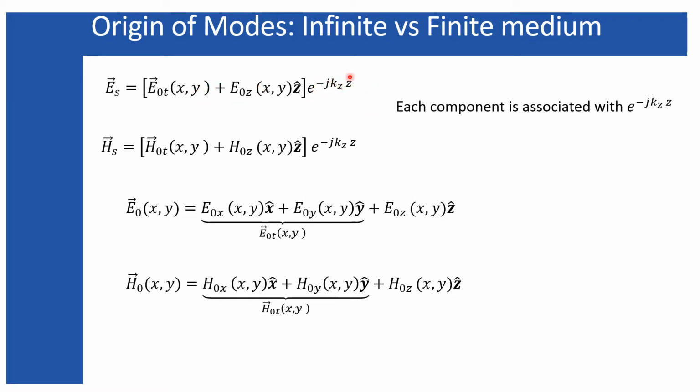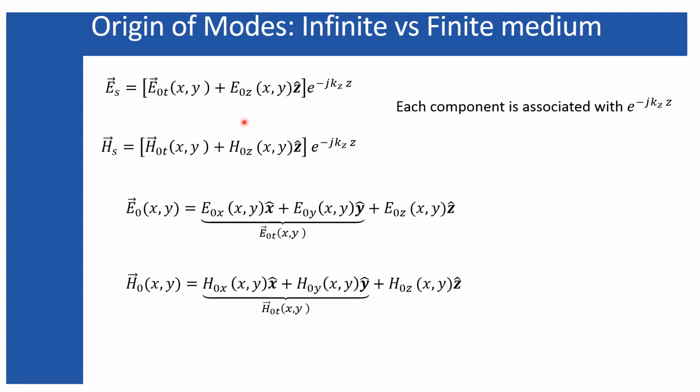But the z direction I have assumed for the propagation, therefore the z dependence you can take out by writing this expression, that means e to the power minus j kz z. Since I am assuming that the propagation is taking place along z, the kz is appearing in the e to the power factor. And in the polarization part, that is the magnitude of the electric field, I have assumed the transverse component is given by a separate vector, while the longitudinal component I have kept isolated from this vector, and I have represented it in this way for some reasons.